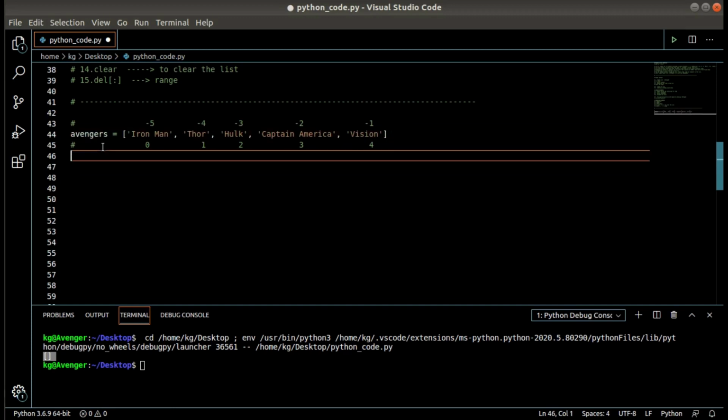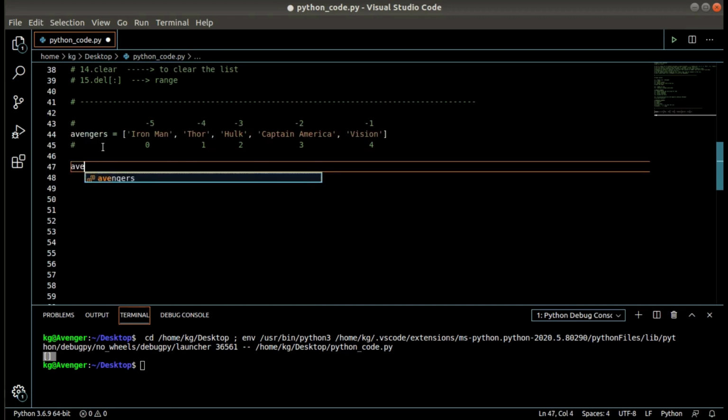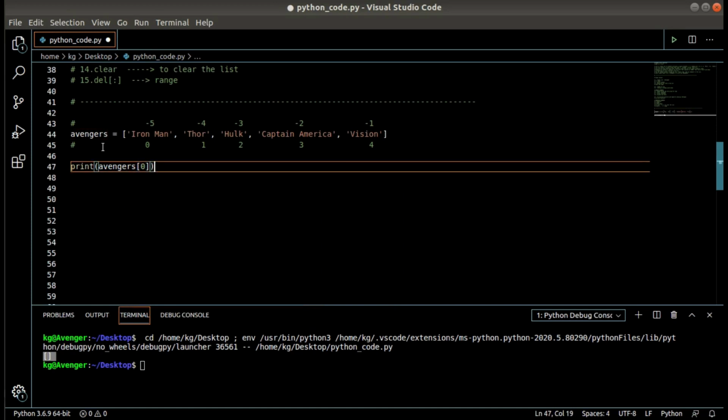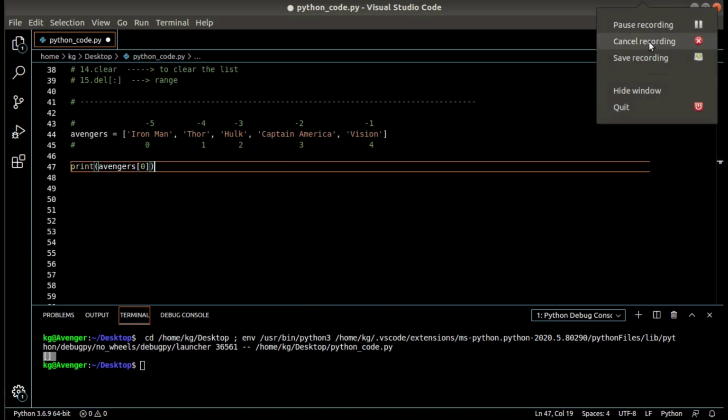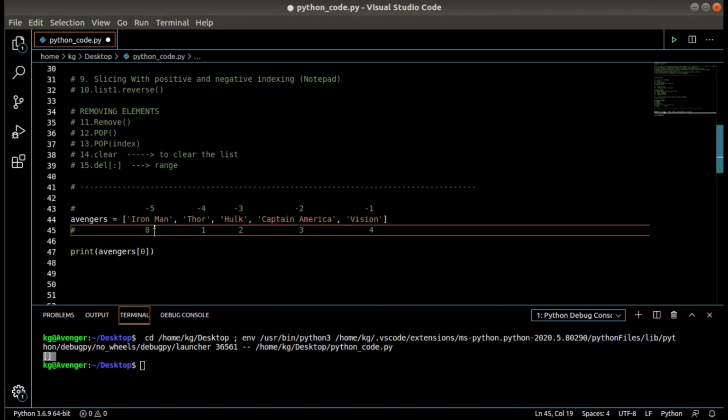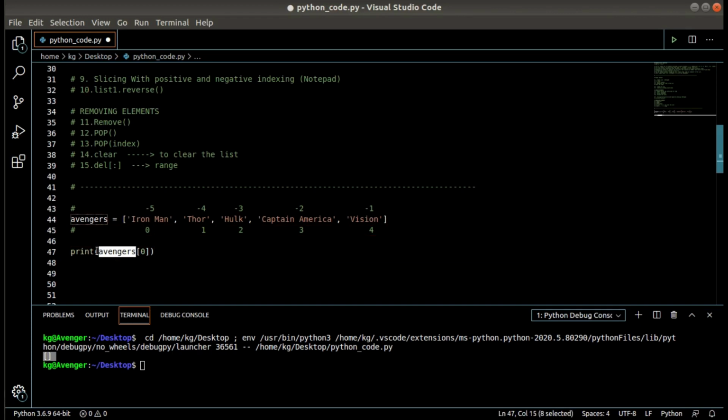Now we can say Avengers of 0th index. I want to check which Avenger is at the 0th index. Okay, sorry for that. I was saying we can access the 0th index item from the list, that is the Avengers list name.